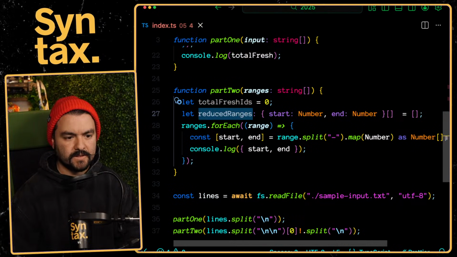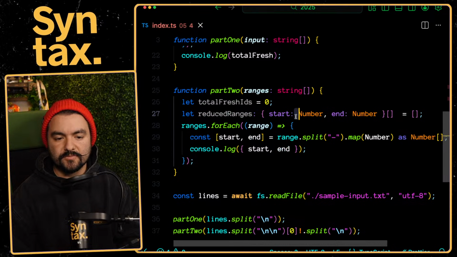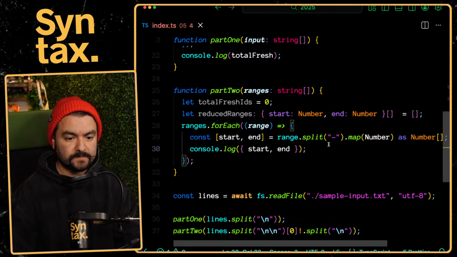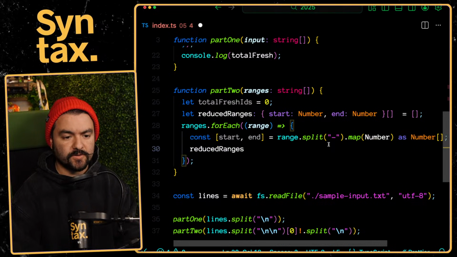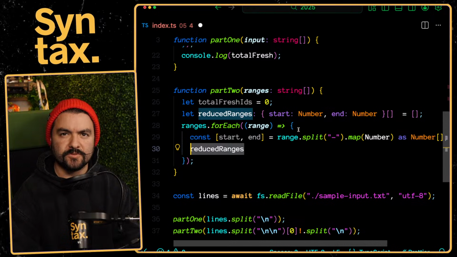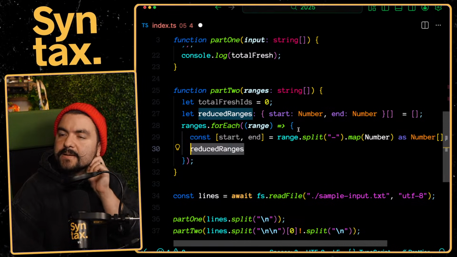Okay. Now, when we come across a new range, we're going to look at all of the reduced ranges we have. If this range falls within one of those ranges, we're going to expand the existing range. If not, we're going to push it in. So we're going to iterate over each one. And I think I'm just going to do a for loop so I can break out once we've found the range. But I guess the issue is if two ranges,